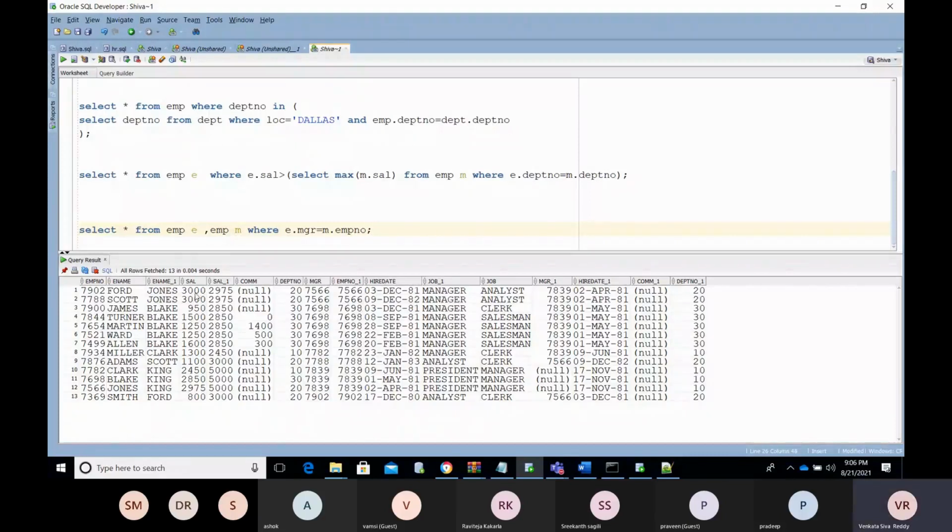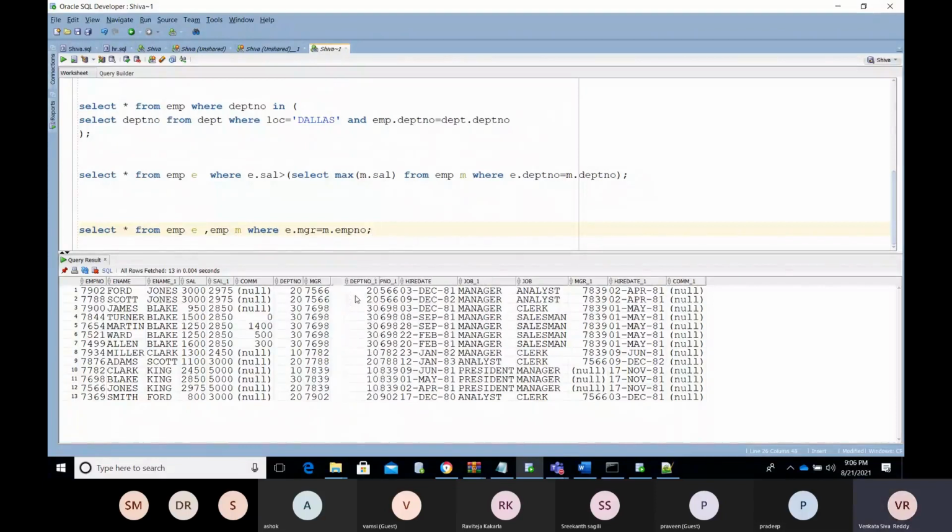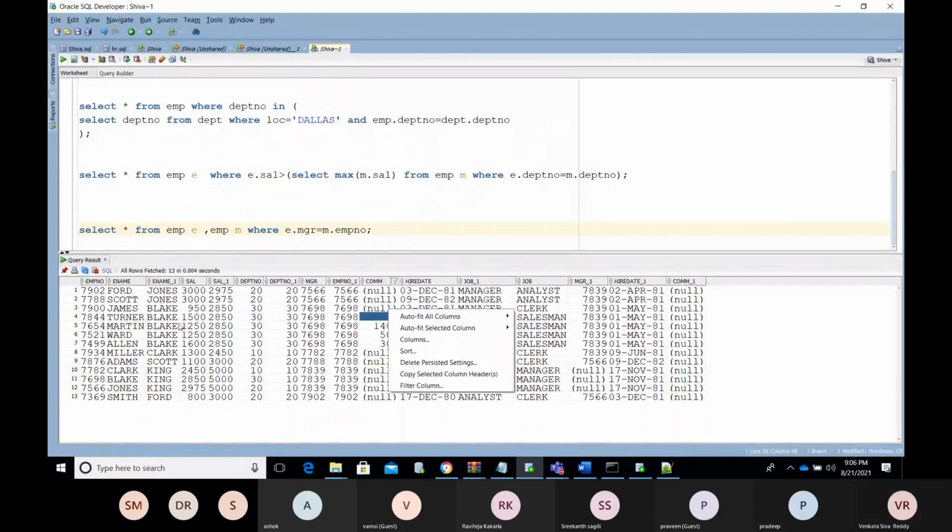Okay, now I am going to compare with the DEPT number also. See, now what I'm saying, the employees who are earning greater than the manager salary. So this is related to the one who is 7902. So 3000, this needs to become right. The employee is getting, see, I'm going to display the details along with the manager.